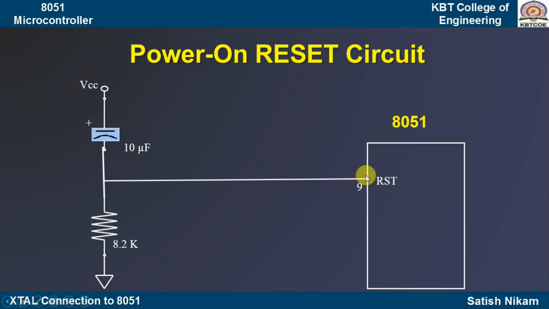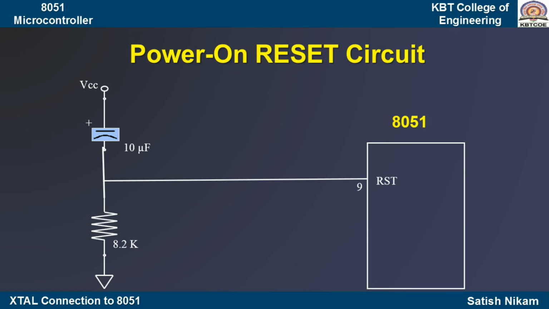In between that time period my reset pin is connected to VCC, and as I told you, the hardware is designed such that it is for a minimum of 2 machine cycles. Now you know the relation between clock and the machine cycle. In one machine cycle we have 12 clock pulses. Now you also know the crystal frequency. From your crystal frequency you can calculate the time period for 2 machine cycles. Suppose it is 11.0592 megahertz,